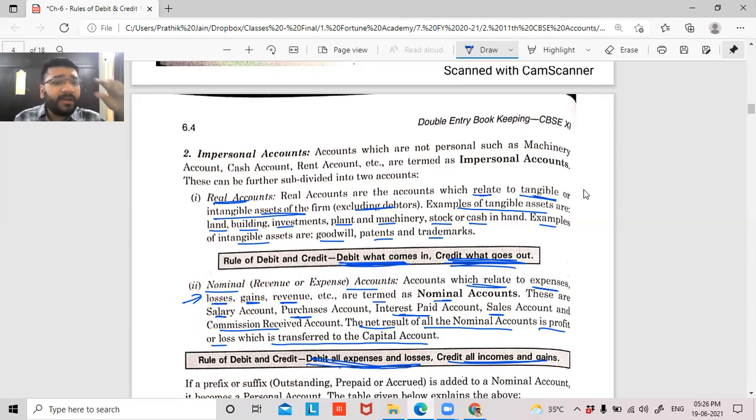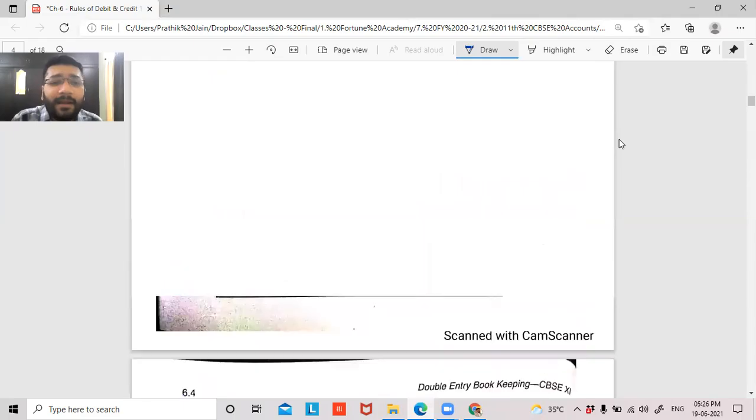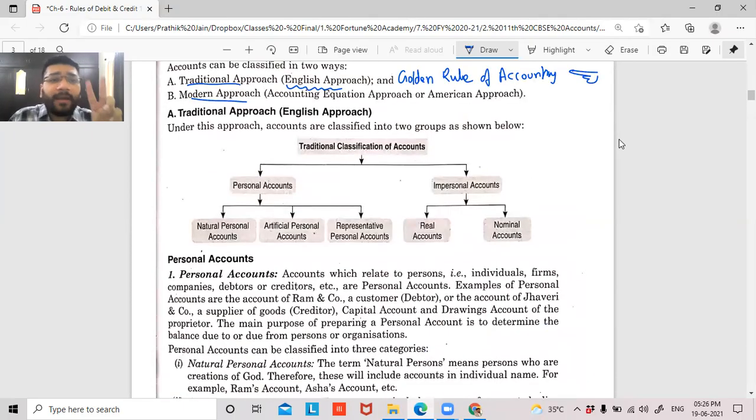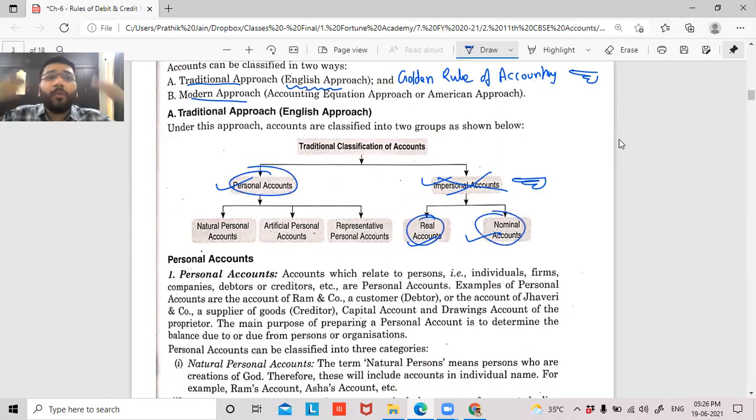Don't worry. Now this real and nominal clubbed together are called impersonal account. So basically, if you look at the category, it is actually two classifications. One is personal, another is impersonal. Under impersonal, we have real and nominal. But the reason I did it the other way around on the whiteboard is that we don't frequently use the term impersonal. In a normal scenario, if there is a transaction, they'll ask you to classify whether it is personal, real or nominal. This is the more commonly used wording. That is why I said the categories are three: personal, real and nominal. I never use the word impersonal there. No need to remember it, just a classification.